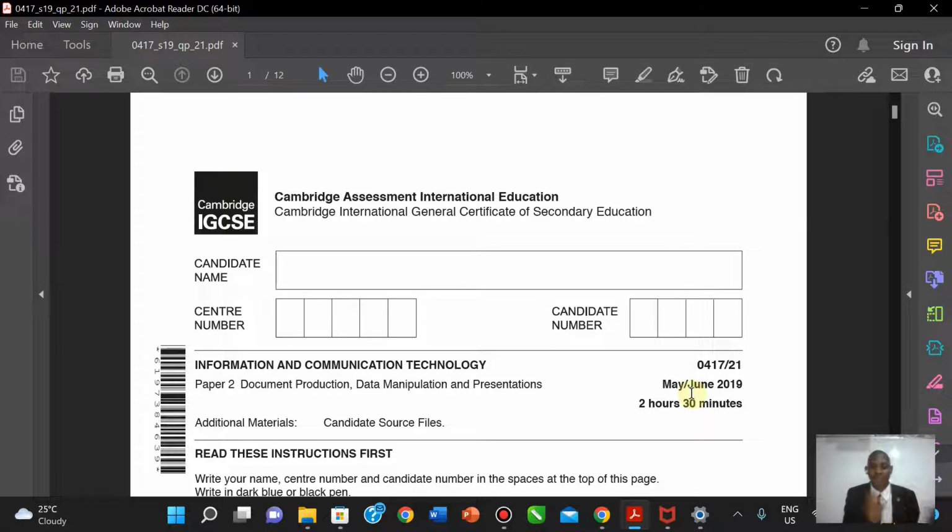So we've looked at practicals from the WAEC angle, the Nigeria curriculum. We've looked at practical questions that they can get familiar with in preparation for the Cambridge examination as they're moving forward into the senior school. So this is just a kind of preparatory for them as they move into the next one. So we'll be looking at the document production for 2019,